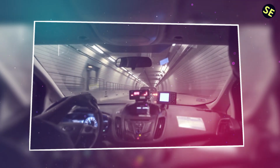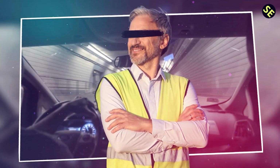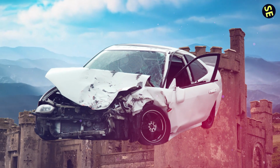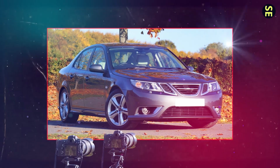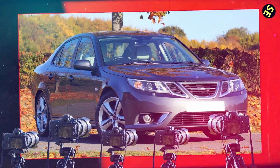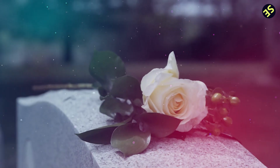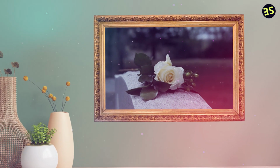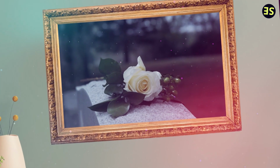Despite extensive efforts to locate the car and its driver, neither was ever found. This has led to widespread speculation about the vehicle's role in the crash. The mystery deepened when it was revealed that a photographer with links to intelligence agencies owned a similar car. Strangely, this individual later died under suspicious circumstances, adding to theories that the Fiat Uno might have been deliberately involved